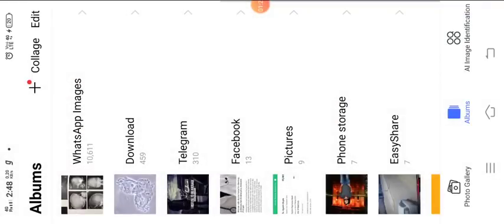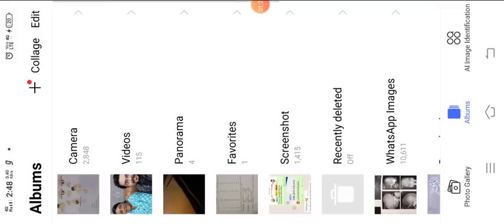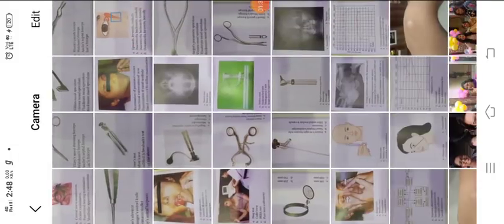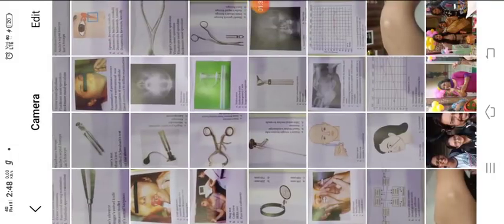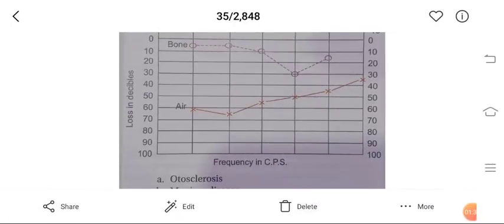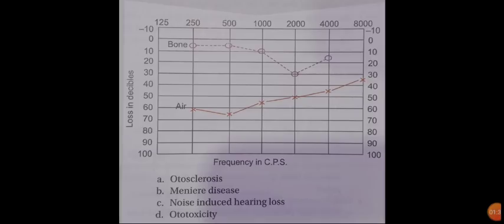So we'll start with a very important session in this video, dealing with some important questions which have a high probability of being asked in your examination, and some concepts which might help you in solving more future probable questions. Can you make a diagnosis on this audiogram shown in front of you?